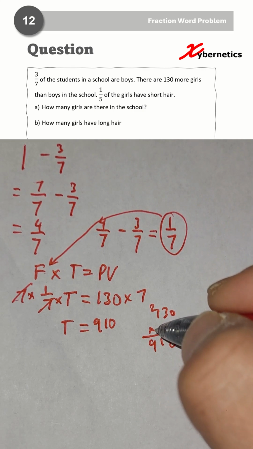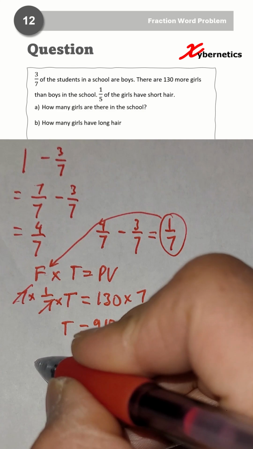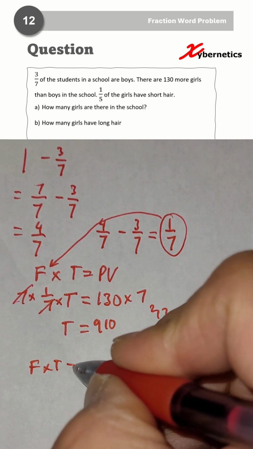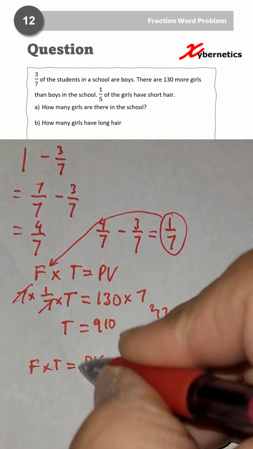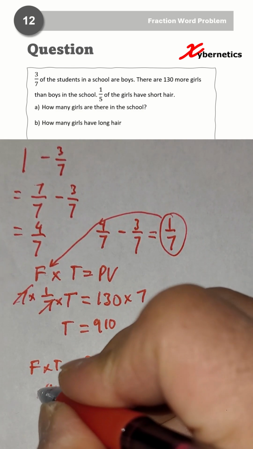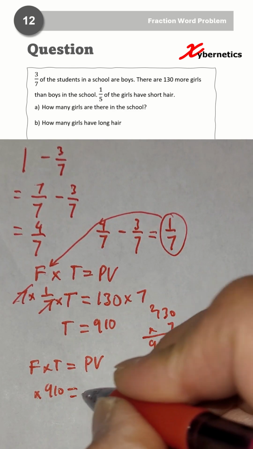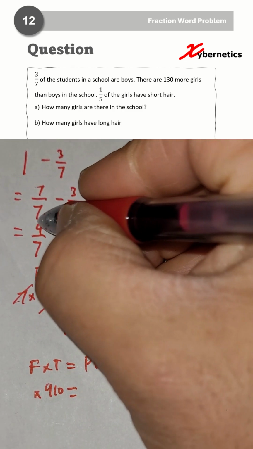But we need to know the number of girls in the school. We'll use the same proportion formula, which is fraction times total will give you your physical value, the number of girls. So this is what we are after right now. We know that the total now is 910. And the fraction, since we want girls, we're going to have to take the fraction of girls, which we established is here,